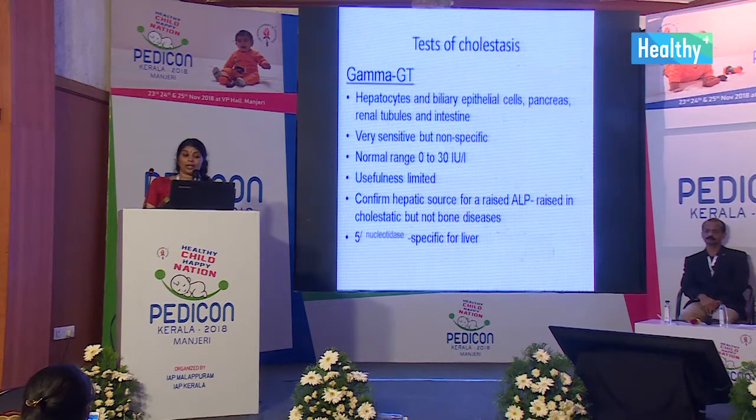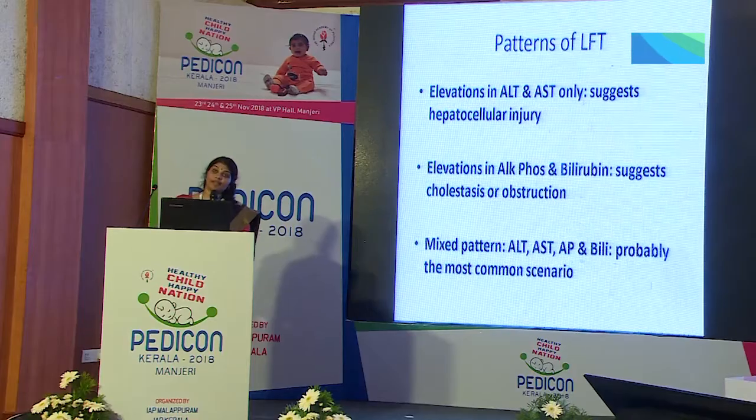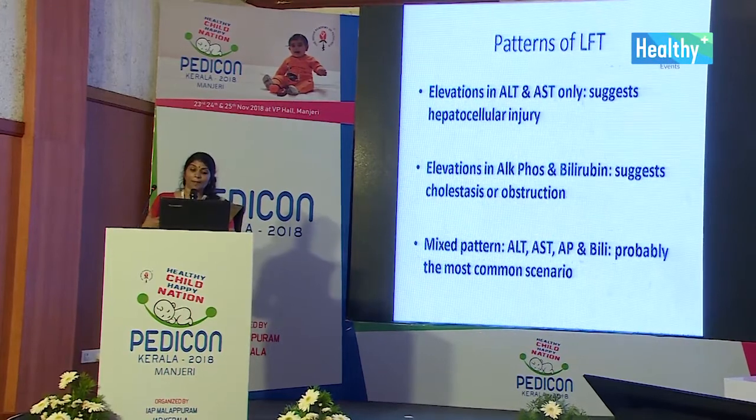Gamma GT is produced by hepatocytes and biliary epithelial cells, pancreas, renal tubules, and intestine. It's very sensitive but non-specific, and it confirms the hepatic source for a raised alkaline phosphatase. So, elevations in ALT and AST only suggest a hepatocellular injury. Alkaline phosphatase and bilirubin suggest a cholestasis or an obstruction, but mostly we find a combination of,